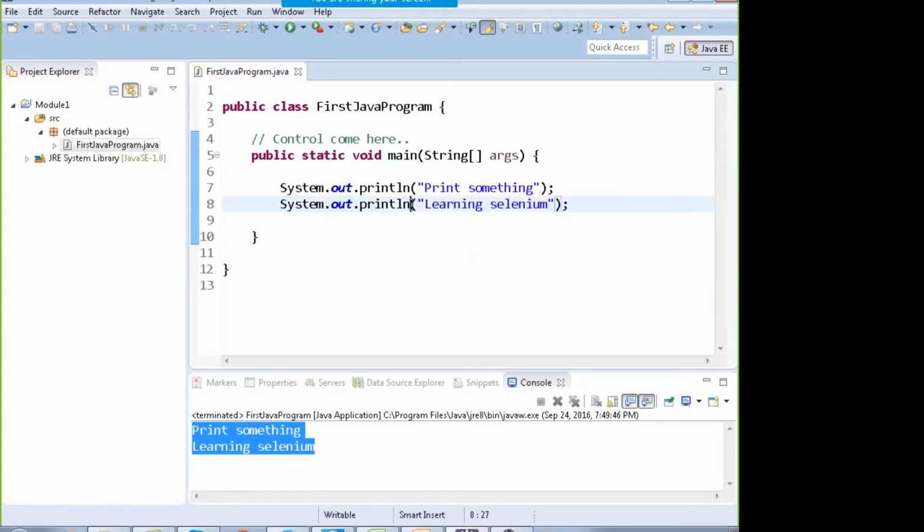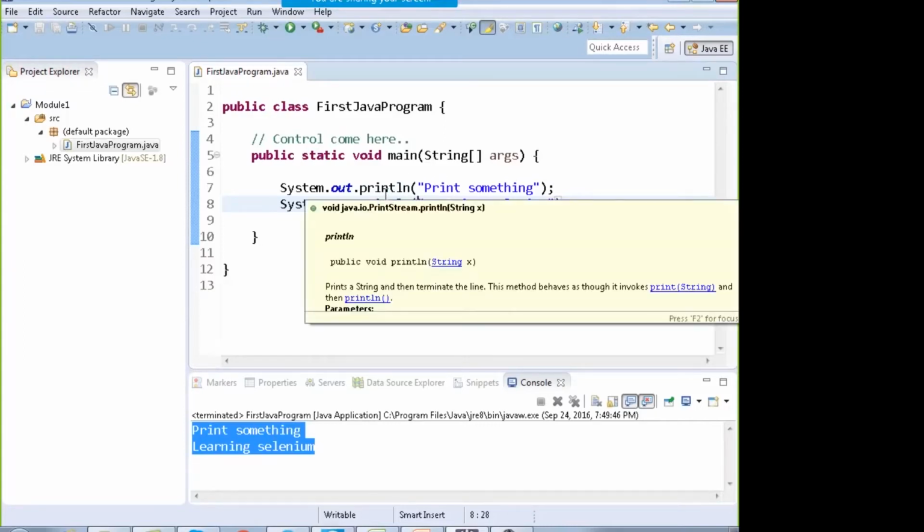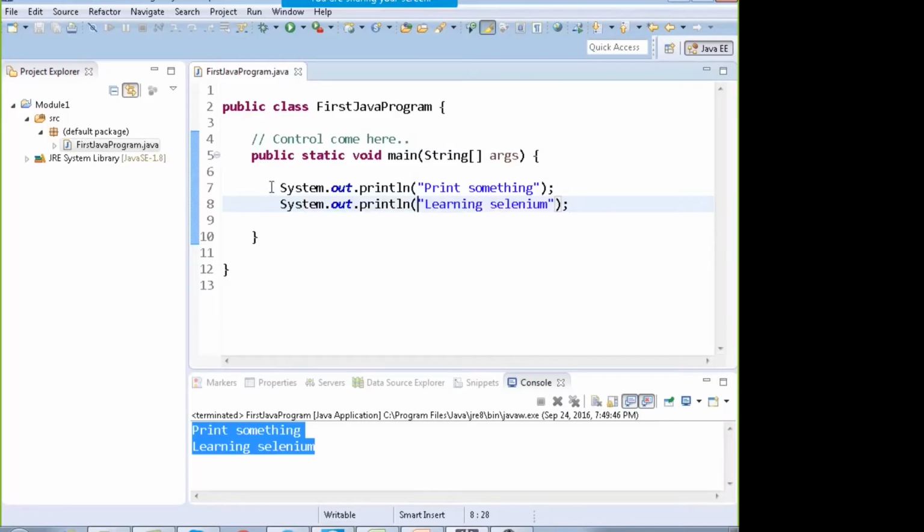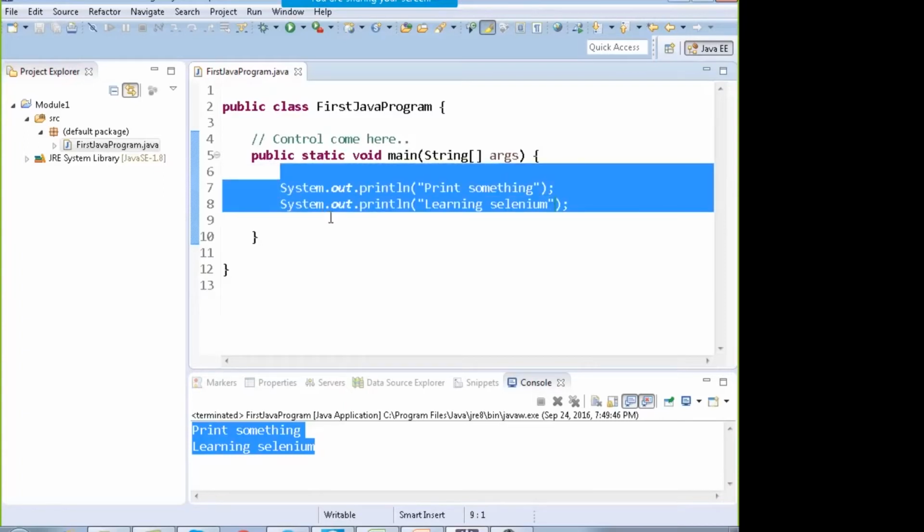Alright, now look, the thing is, I'm not going over to very big concepts like reading data from Excel file or parameterizing the scripts, how to build a framework using TestNG, JUnit, Ajax components, Maven. I'm not talking about those right now. I want to make your roots strong. If you don't know how to do simple things, how to write 1, 2, 3, you cannot just add numbers. And this is the mistake which is done by many people. As I told you earlier, they just directly try to write the Selenium code, which is wrong.